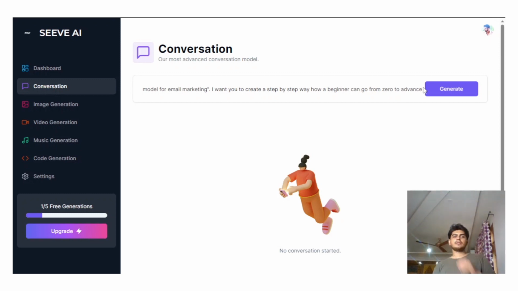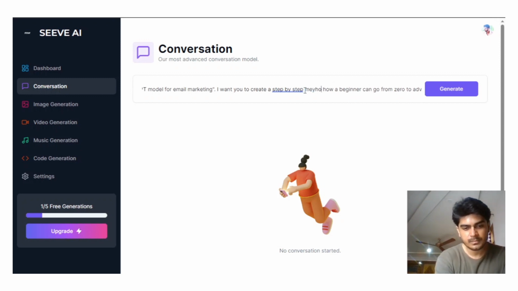So I have given a specific task that I want a step by step way, or let me change it to method, how a beginner can go from zero to advanced. So it is very specific.